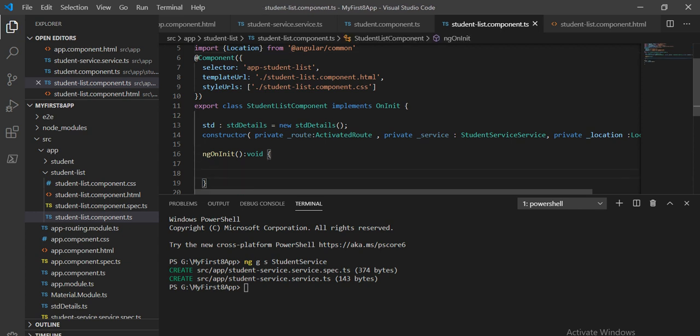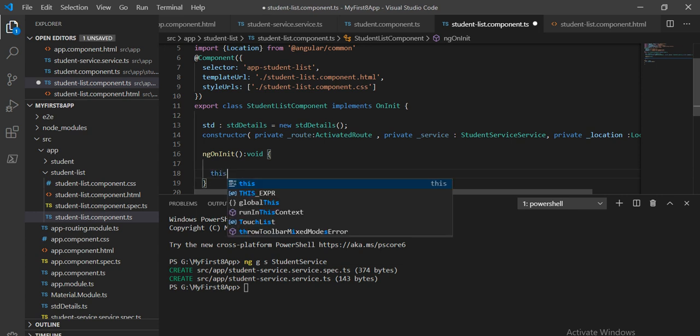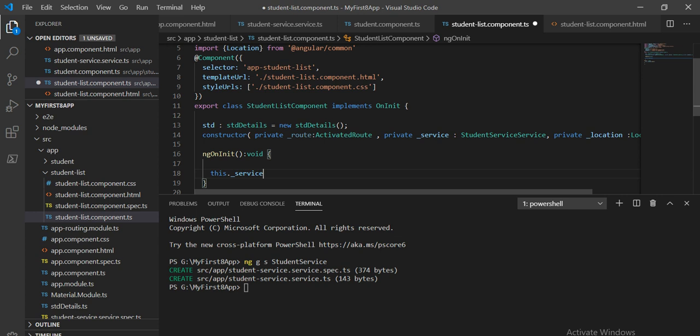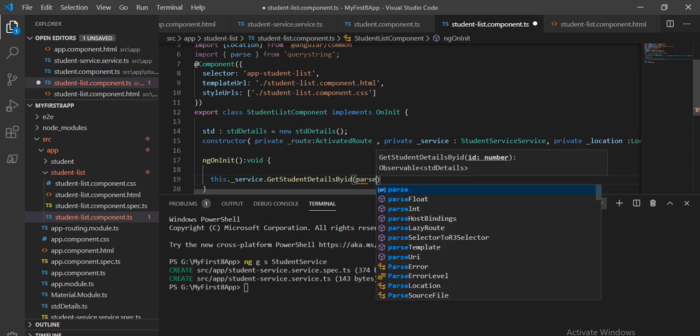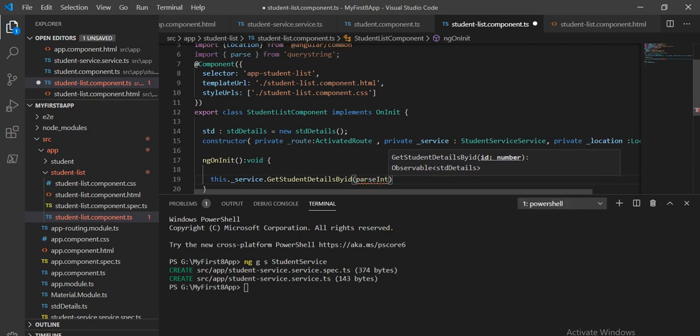So we are going to show that data through this service. We are going to call dot get student detail by ID, and inside this we are going to parse, based on the integer we are going to take, so we have to parse it.